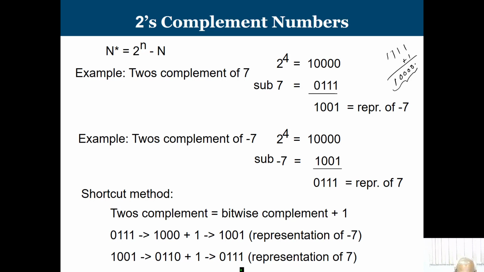Okay. But this equation, again I can reformulate it. I can say 2 to the power n minus 1, I can say this is the maximum number that we are going to have, and then minus the given number actually. Okay. So, this is basically the maximum number representation, where we have already added 1. So, after subtraction we need not add this particular one.